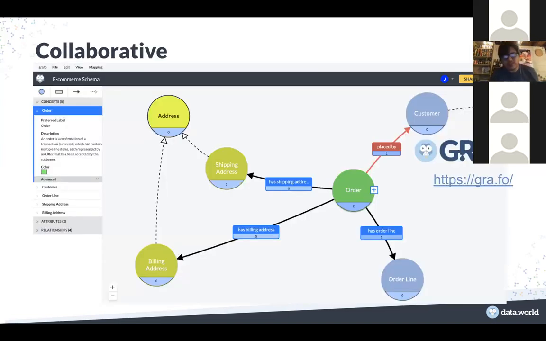Another thing about tools, we need to have collaborative tools. And I think now in this era of COVID is when we realize that we're not going to be together all the time. We need to have ways to do this. And this is one of the tools that we did at my previous company, Capsenta, which is this visual, collaborative, real-time knowledge graph schema and mapping editing tool.